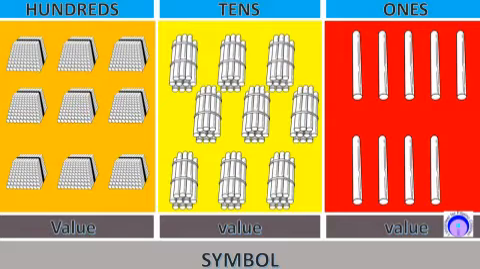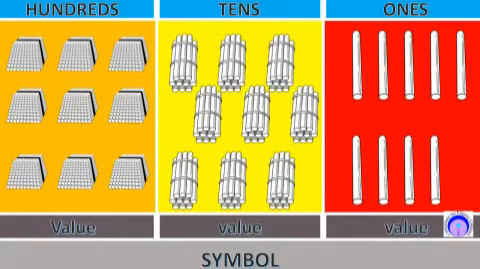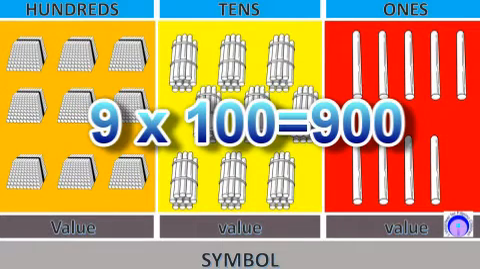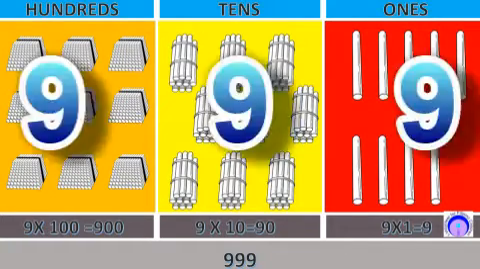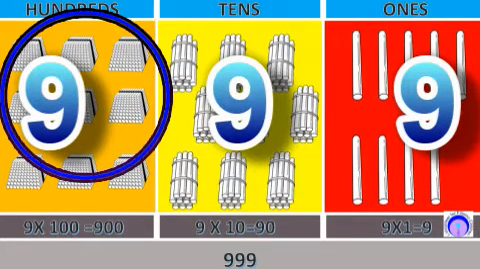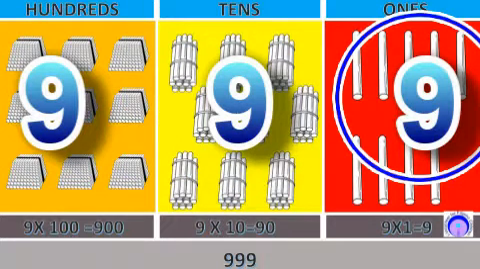It is composed of objects bundled in hundreds. They are grouped by hundreds. Therefore, the value of these bundles is 9 times 100, which is 900. Now, can you tell me the symbol of these objects? Any wild guess? Now, we can get the symbol, 999. Digit 9 on the hundreds place, digit 9 on the tens place, and lastly, on the ones place, it's